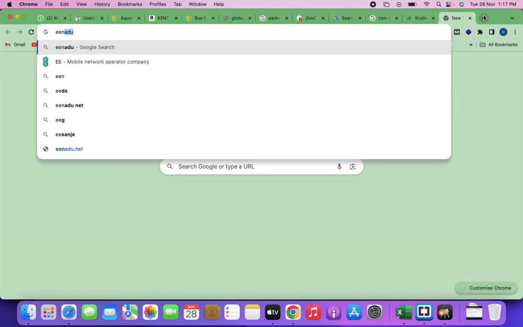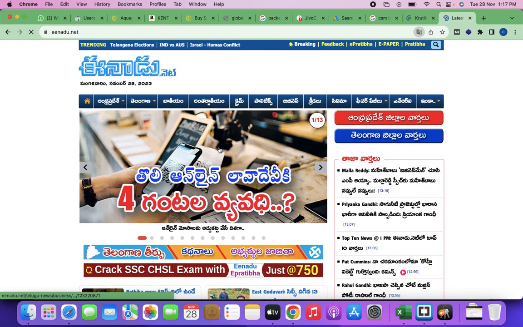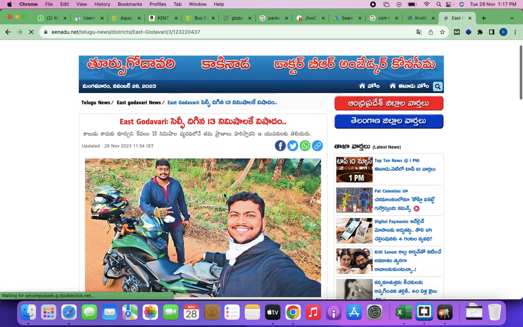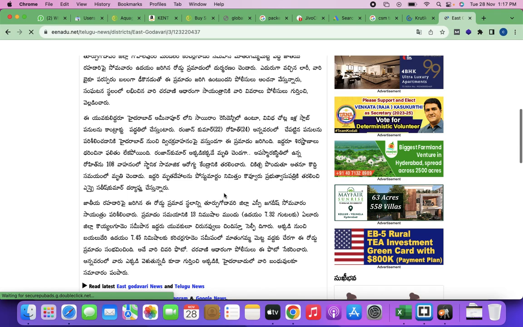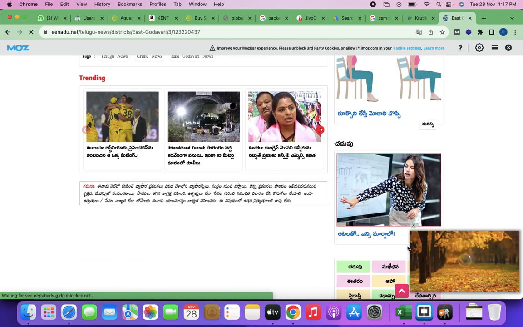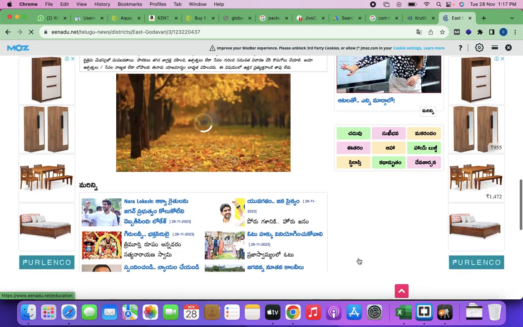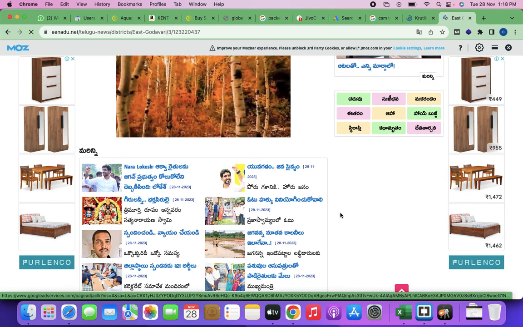It's loading still. Yeah, you see, coming from Google Ads, Google Display Ads.